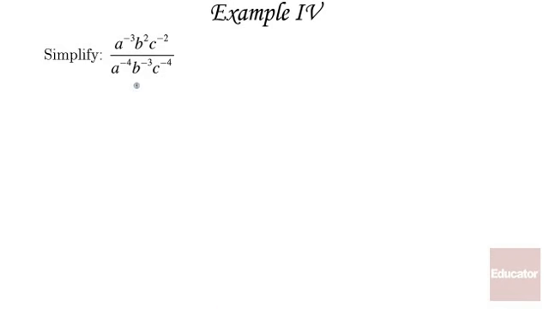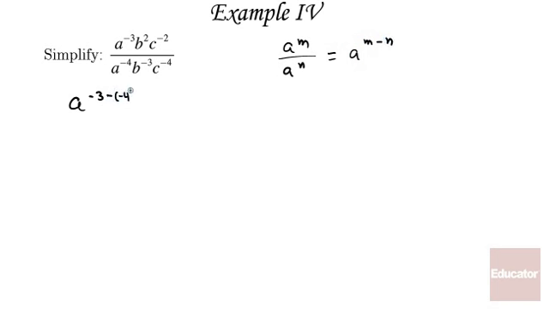We're asked to simplify, and we have bases that are represented twice, and we also have negative exponents that we need to get rid of. So first I'm going to start out by dividing. So I have a to the negative 3, and that's going to be using my rule for division, a to the m divided by a to the n equals a to the m minus n. So negative 3